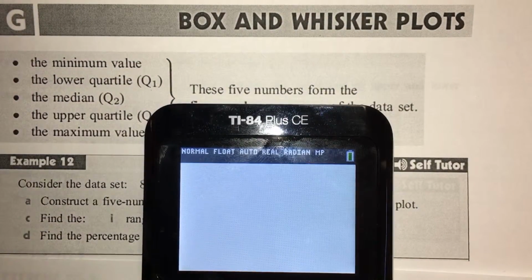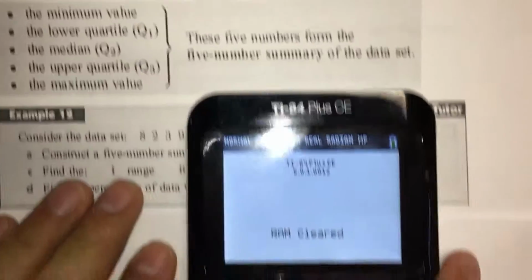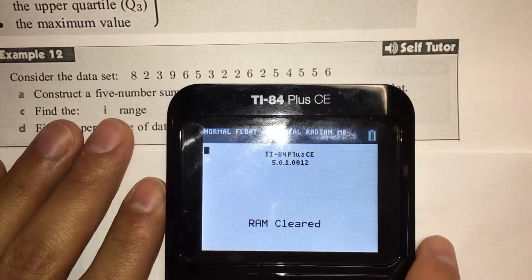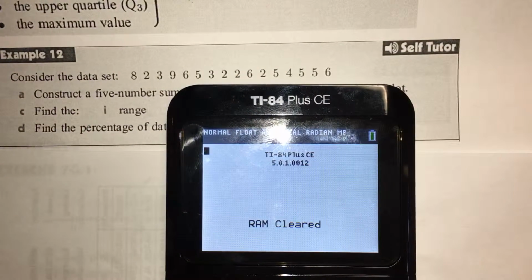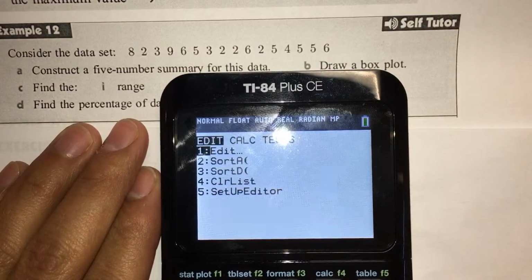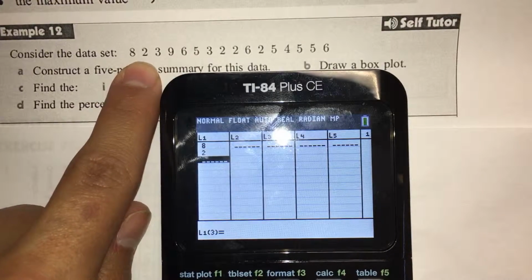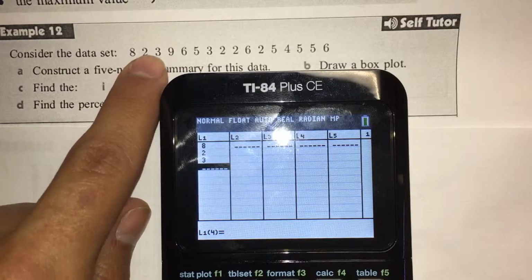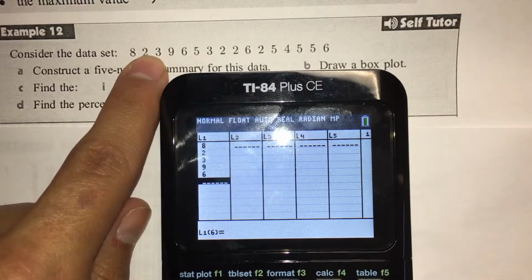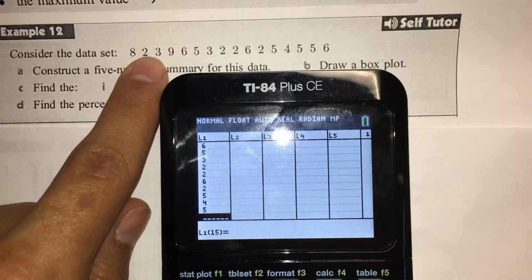And to start off, I'm going to clear the calculator to make sure we have a clear list and everything. First step is to enter the data into the calculator. So we go back here, stat, edit. I'm going to plug the numbers in. So I have 2, 3, 8, 2, 3, and then I have a 9, 6, 5, 3, 2, 2, 6, 2, 5, 4, 5, 5,